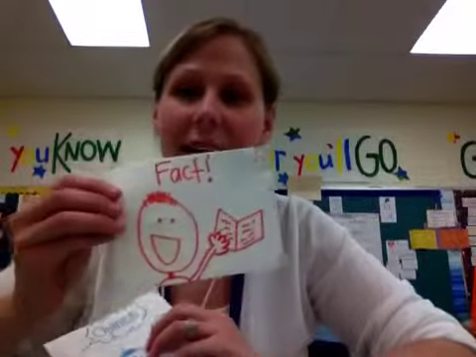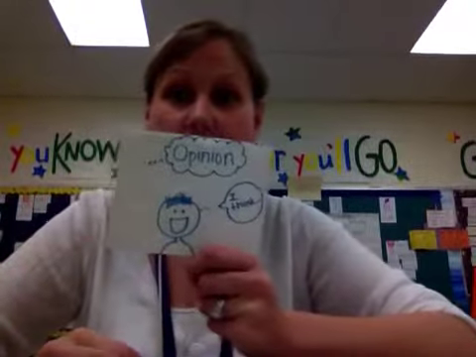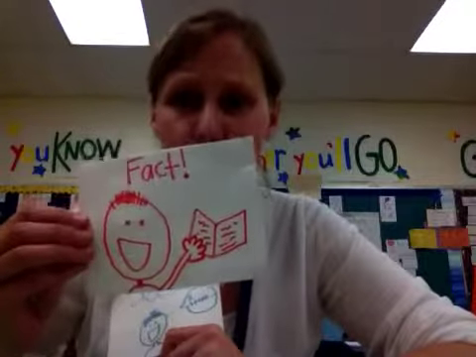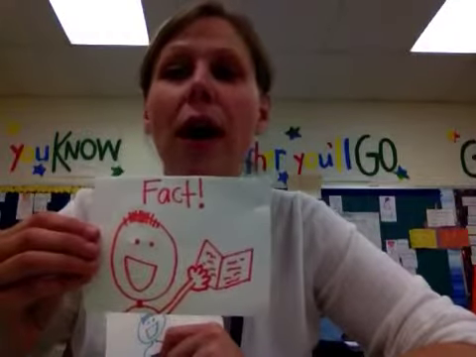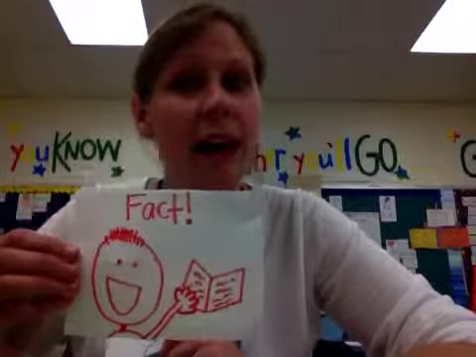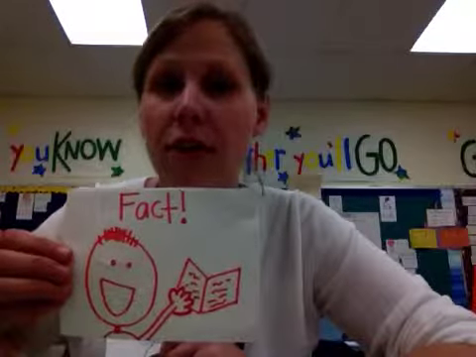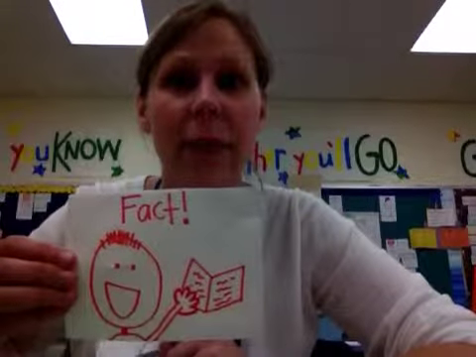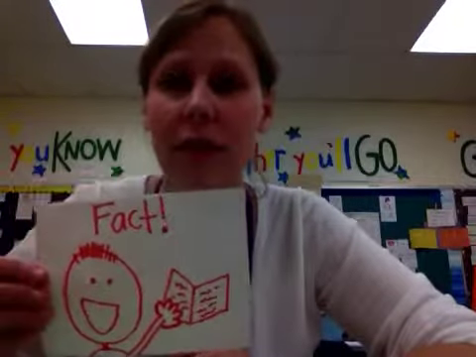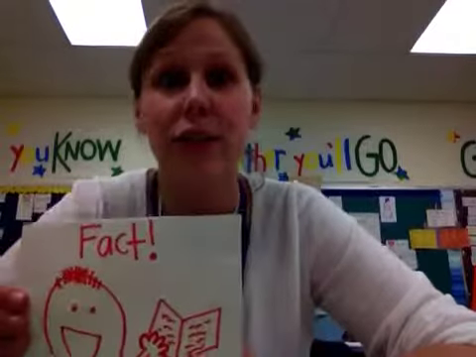And before we even talk about point of view, I really want to review something that I'm sure you talked about in first grade, second grade, and we've certainly touched on it this year as well, and that is fact and opinion. Okay, remember, a fact is something that you can prove, something that you know to be true. You read it in a nonfiction book, you looked it up on the internet at multiple sites, and you know that it is a true fact. Okay, for example, whales live in the ocean. It's a fact. It's just how it is.